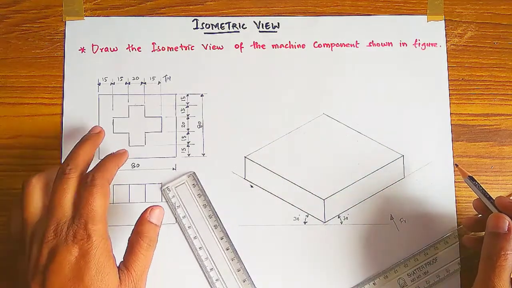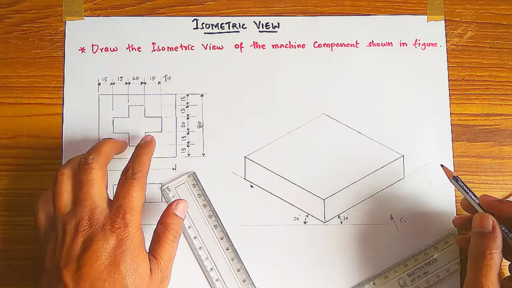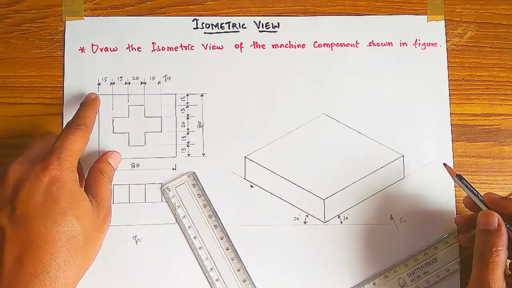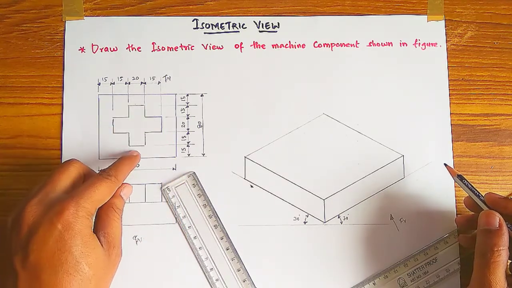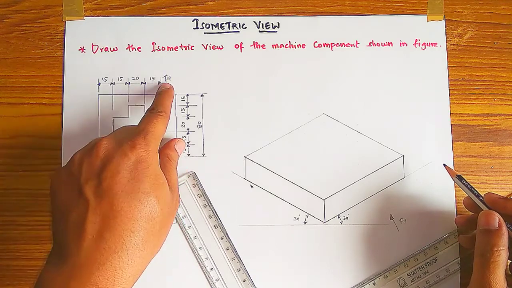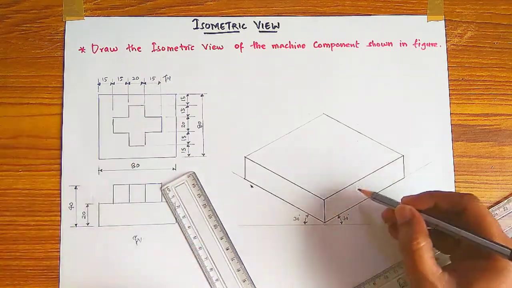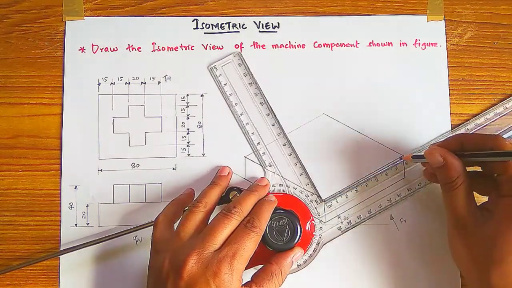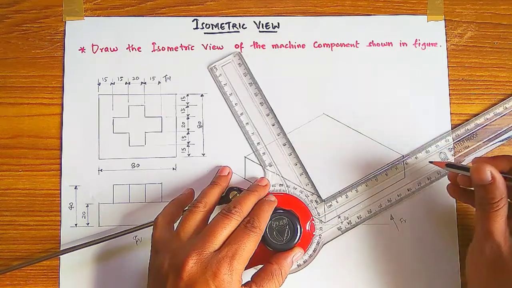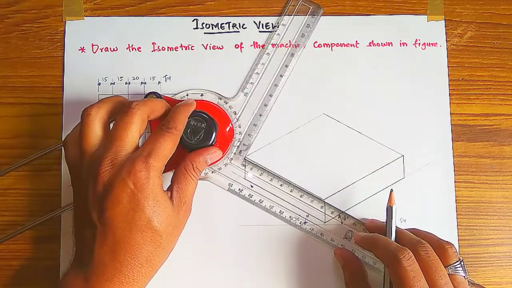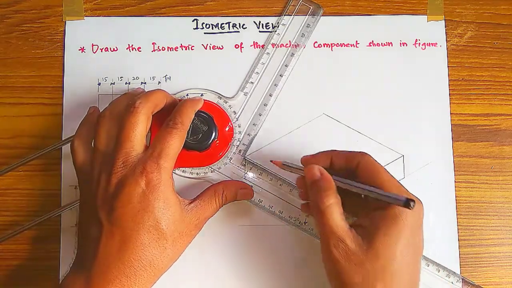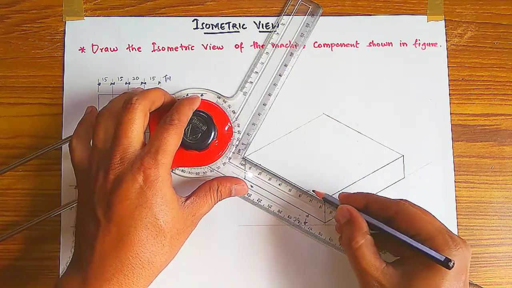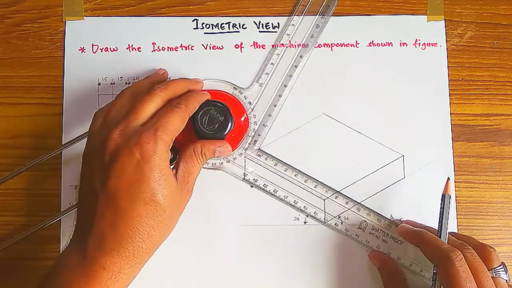How to draw this? First you have to see the top view. If you see the top view, the distance between this square and this square sign is how much? 15 mm. See, here you have 15 mm distance, and here also 15 mm distance. Here also 15 mm, automatically you will have. So take a distance of 15 mm from this section from here, and from here 15 mm like this, and with this angle also 15 mm, 15 mm.